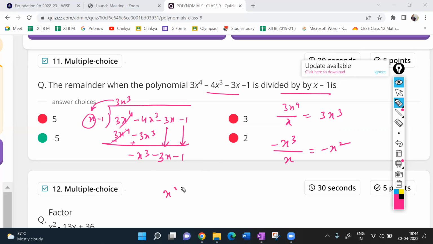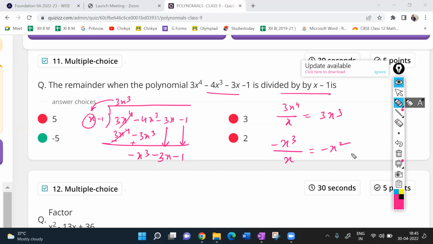Look, suppose we subtract x squared minus 1 from x squared plus 1. How do you subtract? It is x squared plus 1 minus of x squared minus 1, so the symbols are getting changed: minus x squared plus 1. Look at this here: it was plus, it became minus; it was minus, it became plus. So when you subtract a polynomial from another polynomial, you have to change the signs, right?